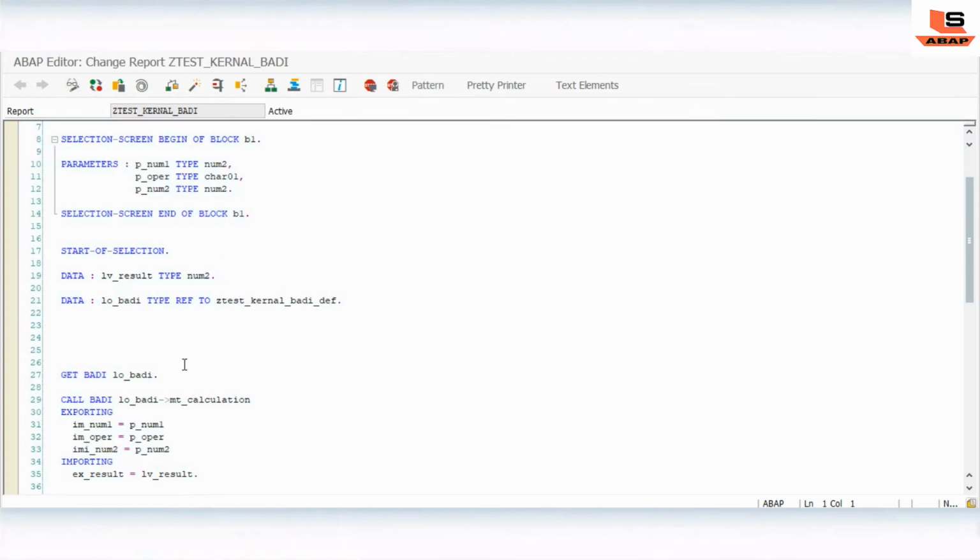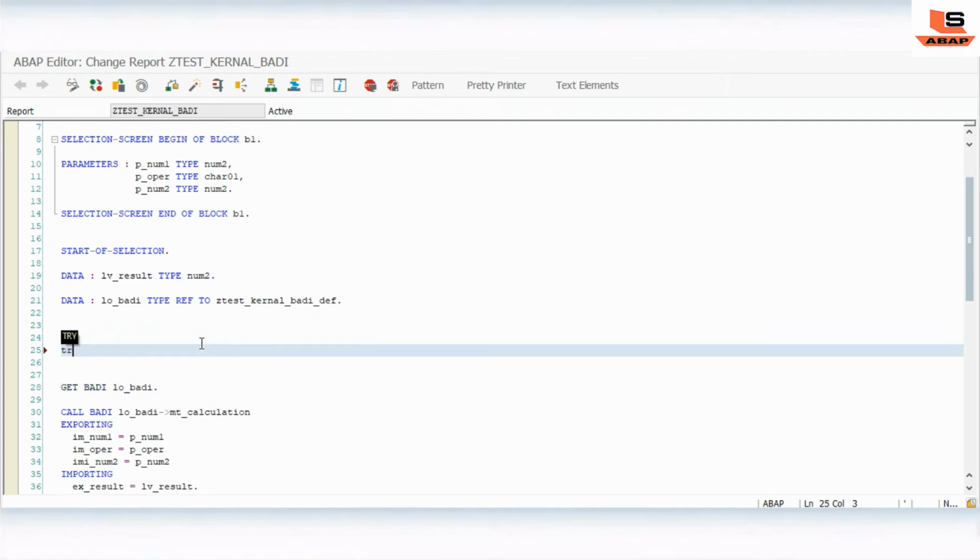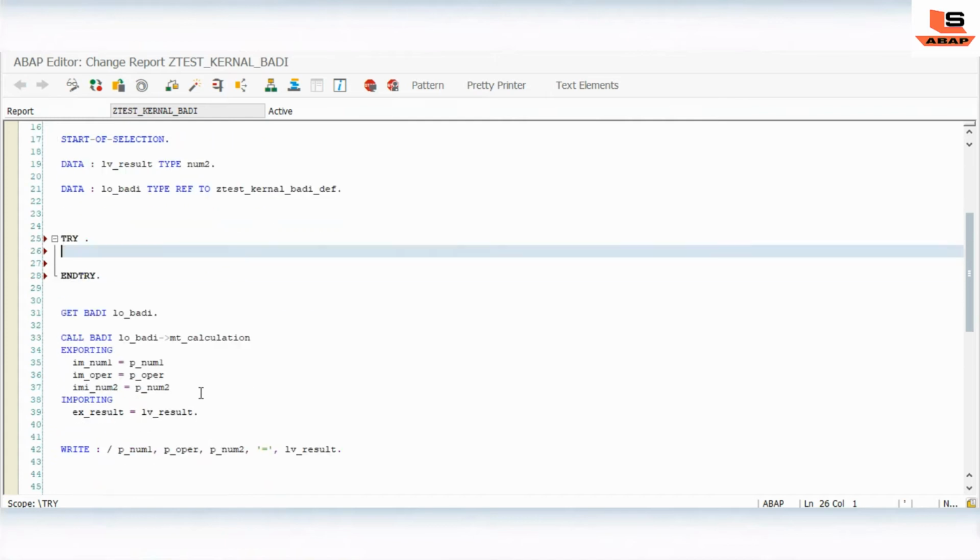First thing is the try and catch. I will write the try, then the catch, and we need to handle the exception.